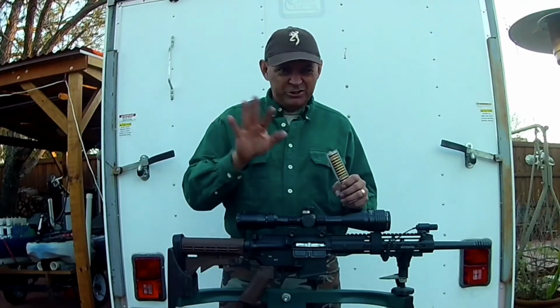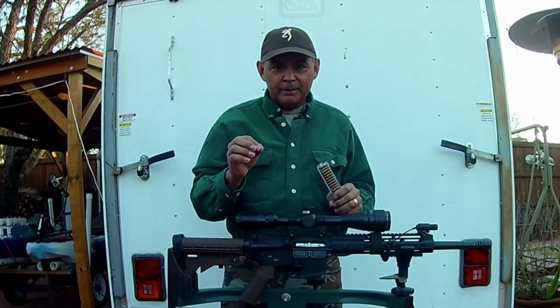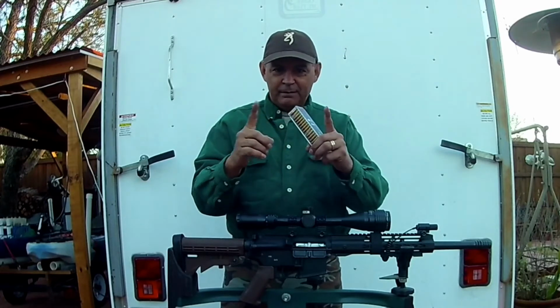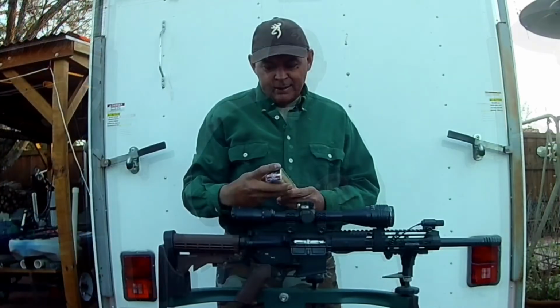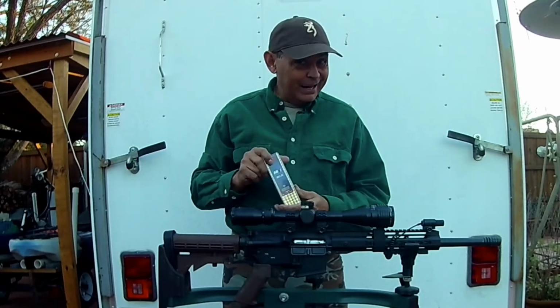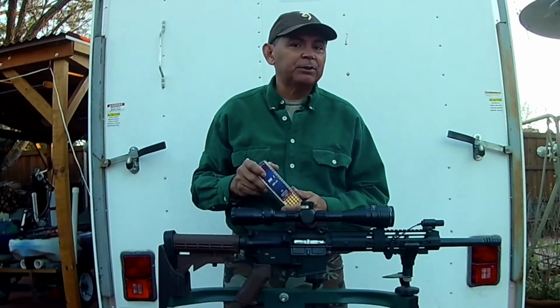Those are the bullets that you don't want to use. If your bullet is twisting before it gets to target, it can be consistent, but it's not what you want, because that twist may be a 6-inch difference. So try to avoid that ammo. And at the time that I found out what this rifle liked, I did not try the hollow points, and I have not tried the subsonic,